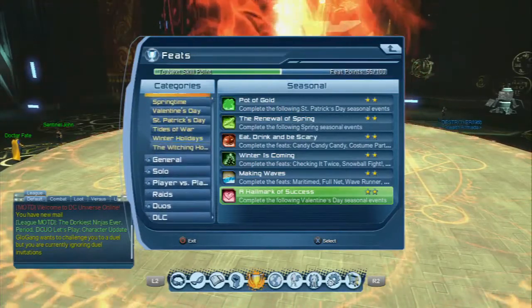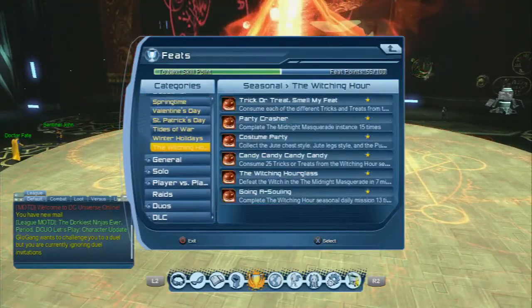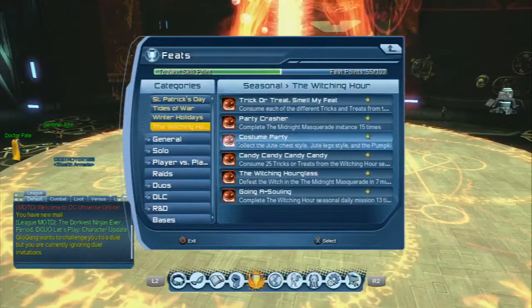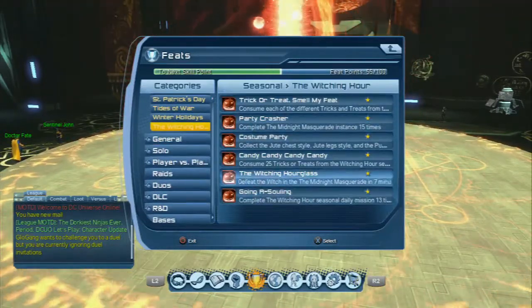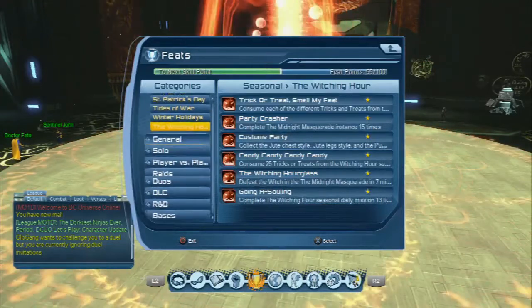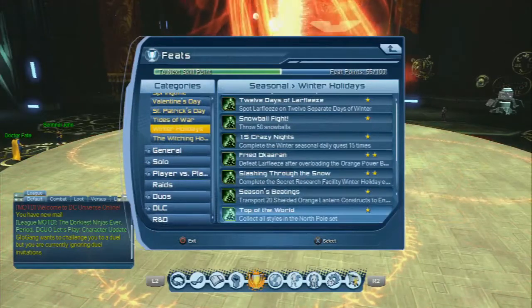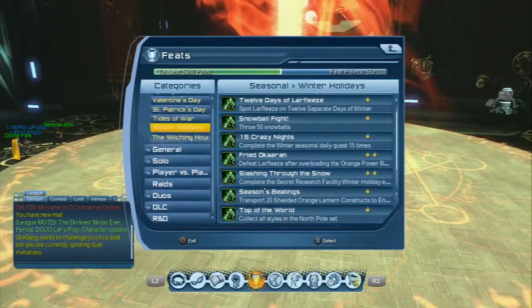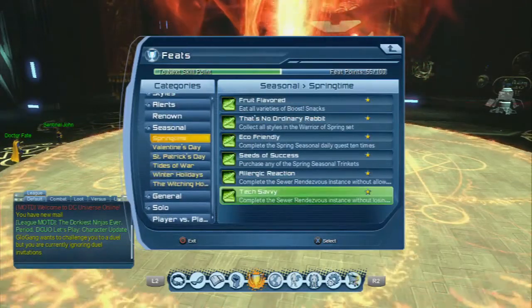But because these only happen once a year, you want to maybe familiarize yourself with the feats that are coming up so that you can make sure that you get credit for all of them. It's about a skill point that you'll get every time that a holiday rolls around. So just take a look through them, make sure that you're getting them, and make sure that, like you can see here,